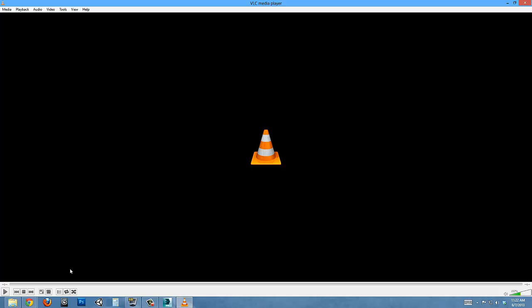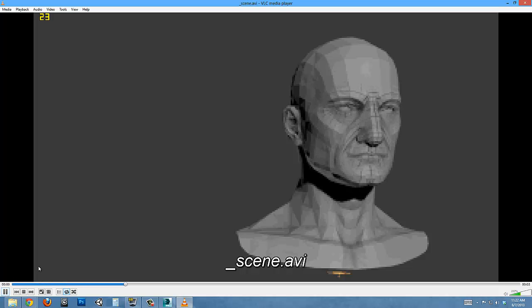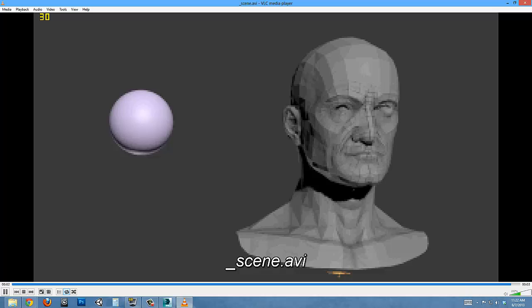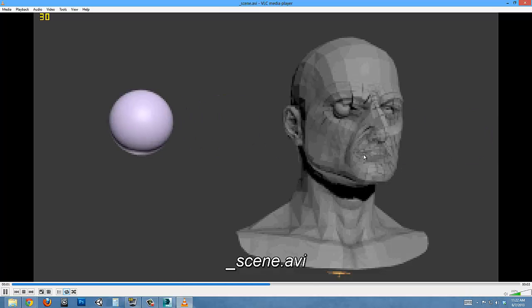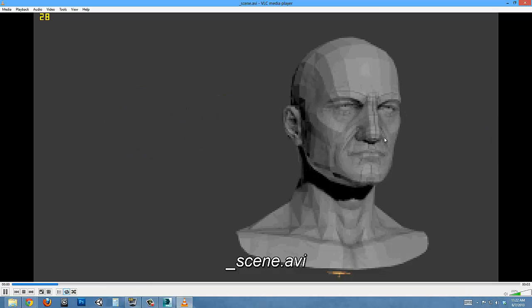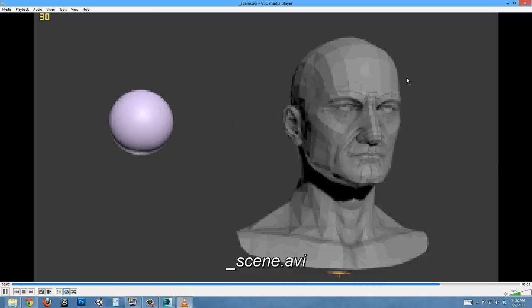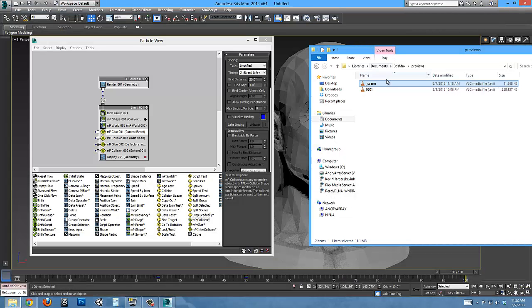Alright, so here's a short playblast, very low quality of what's happening. So we can see the face wiggling nicely just as it settles down. He gets punched in the face and wobbles all over the place. So, but we don't have to stop there necessarily. We can say